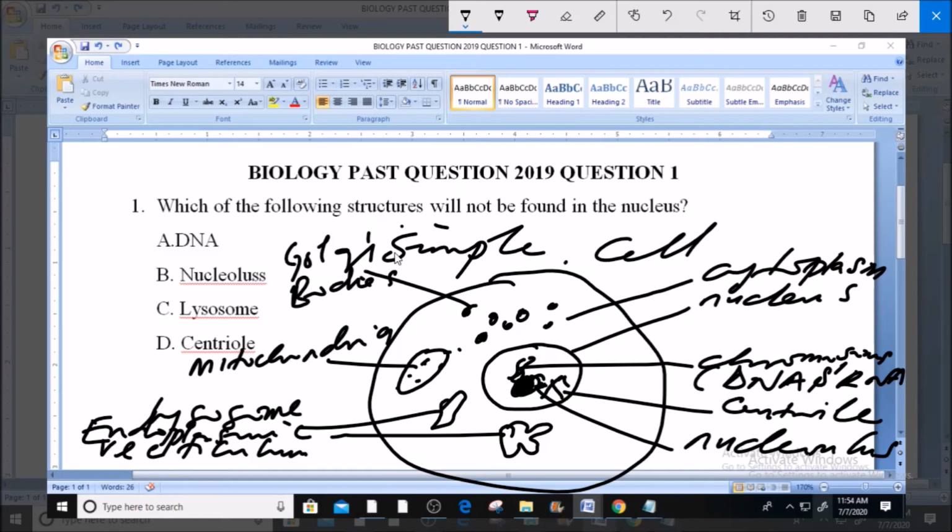the only structure that is not found in this nucleus of the cell, the only structure that is not found in the nucleus is the what? Is the lysosome. It is found in the cytoplasm. Now, the answer to this question is C,